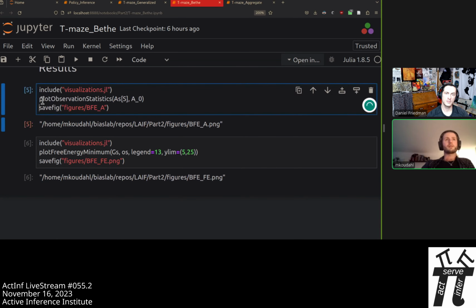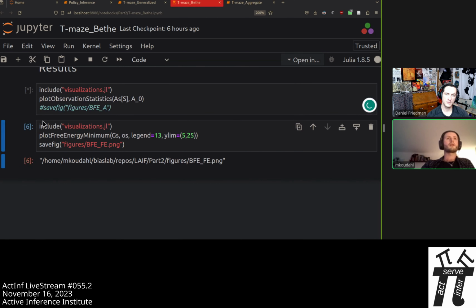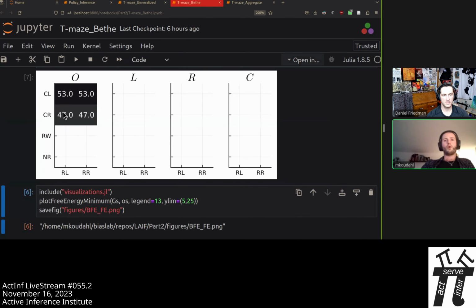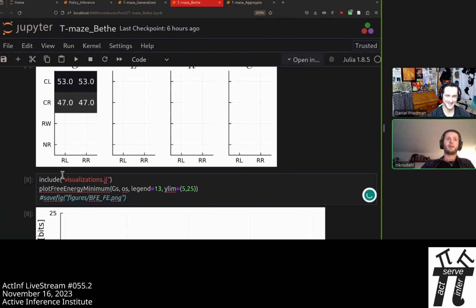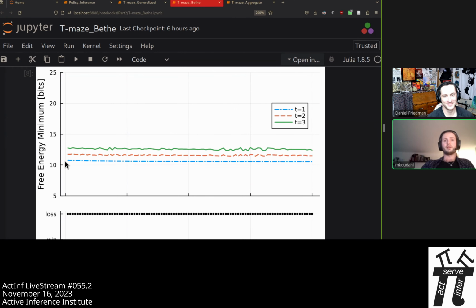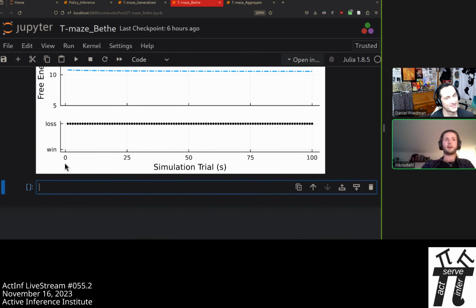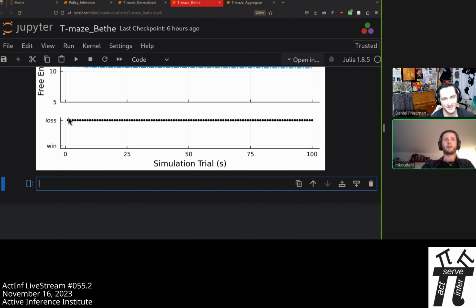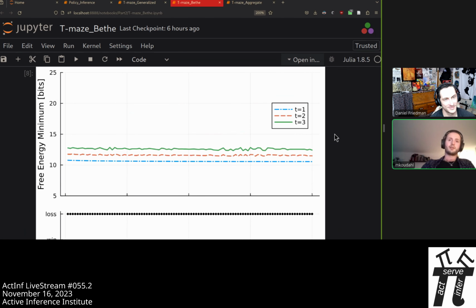And if we, instead of saving the figures, actually create these, you'll see this agent only gets stuff around the outcome, because it starts with uninformative priors over the A matrix. It doesn't really know what the reward is. There's no incentive to go and explore. It just doesn't really accomplish much. You can see the same thing. Free energy is flatlining, nothing is happening, and it is consistently not performing well. It just endured 100 trials of loss, and I don't think it is particularly enjoying itself.